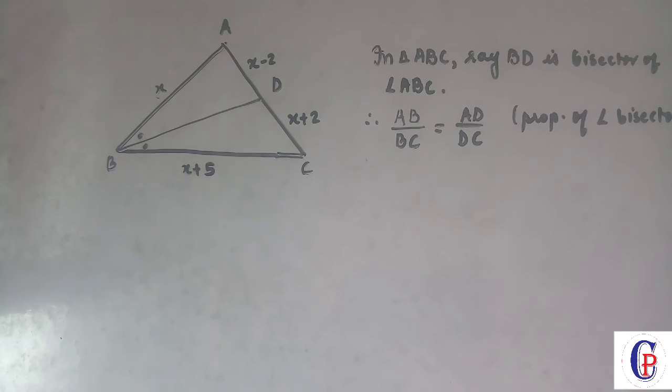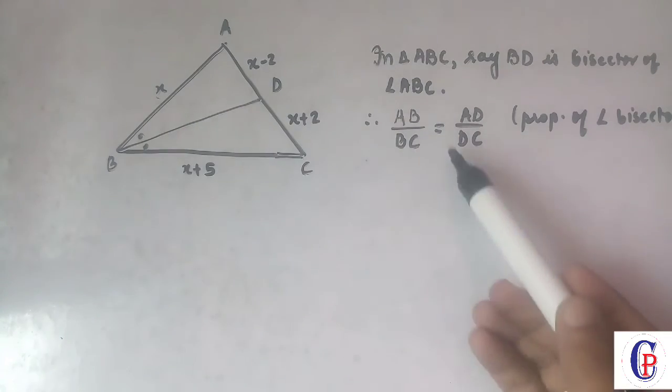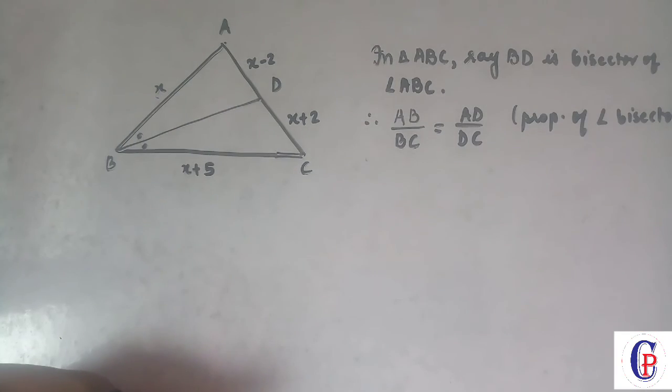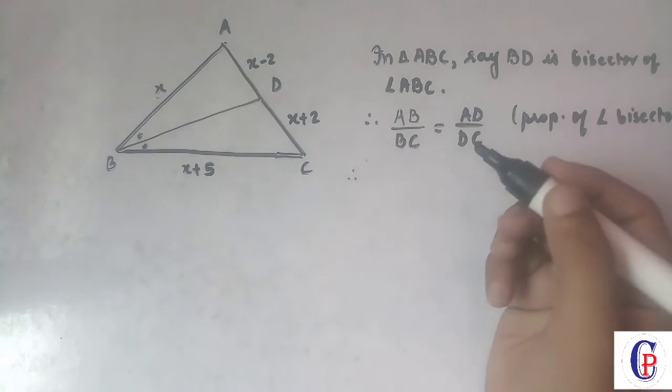Now if you are finding it difficult to decide which property or theorem to use, do not go to more sums. Go back to the previous lecture and see how the properties and theorems are, because I think that much is sufficient to understand what property and theorem mean. Once you understand that, you just have to identify that okay, this is an angle bisector, so apply the angle bisector property. There is nothing difficult, like you have to prove something or do a lengthy calculation. I guess for 15 to 16 year old students, this should be very easy.